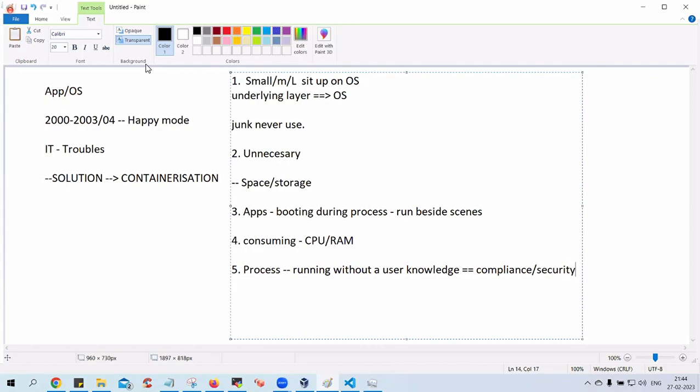Yes or no, guys? That's a simple story. If any process is running on your computer without your knowledge, then if you talk from an IT security fundamentals perspective, that is definitely a compliance issue and a security threat. So these many challenges were there